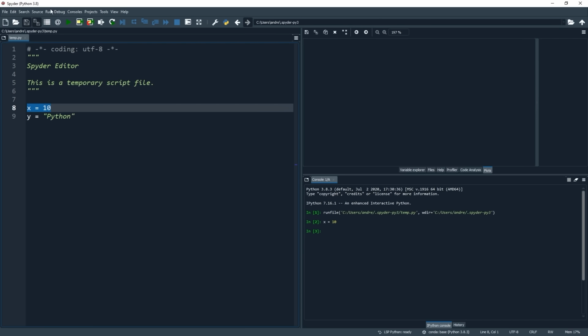If we go up to Run in the menu at the top here, we can see that we have several options to run different parts of our code, but for the most part, just remember the F9 shortcut for now. Alright, so that is it for this whirlwind introduction to Anaconda and Spyder. In the next tutorial, we're going to get cracking on learning and coding up some real Python.